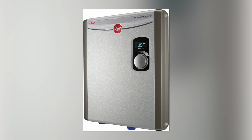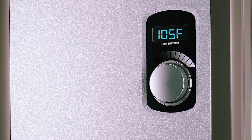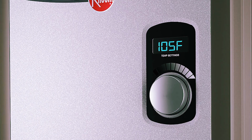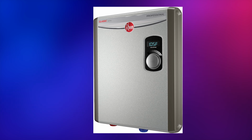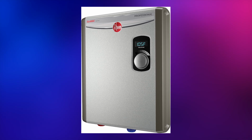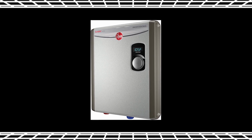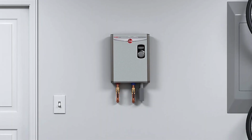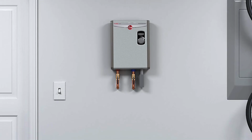What sets the RTEX 18 apart is Rheem's solid engineering. It features external adjustable temperature control with an LED display and dual copper heating elements for faster water heating. The unit is compact and easy to install, with threaded connections that simplify maintenance. However, you'll need a 240-volt setup and 2 40-amp breakers to power it efficiently. If you're looking for a mid-range unit from a trusted brand that balances power and affordability, the RTEX 18 is